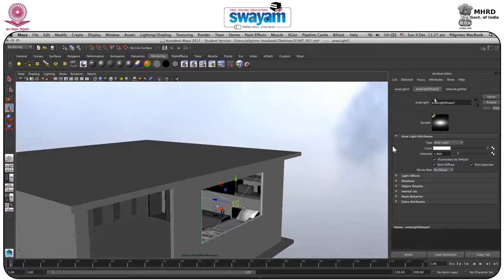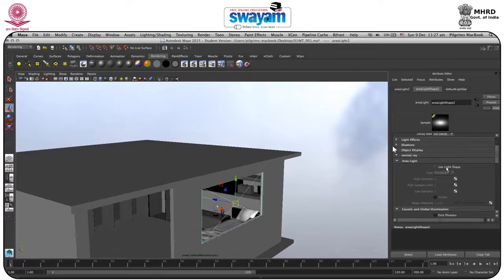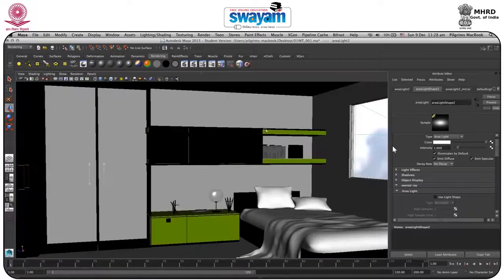Okay, fine. And here you have the area light panel. So you can change the light type from here. We will not change the light type. You can increase the intensity from here, and you have all the features in this section. And so you have mental ray, so you can go to use light shape. If I go here and just make a render,